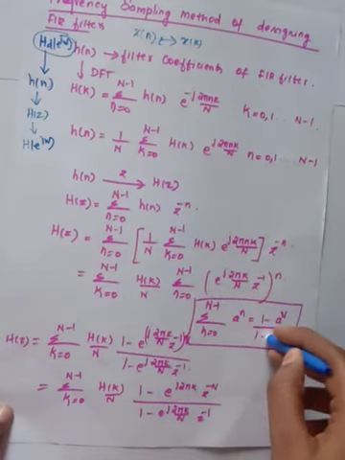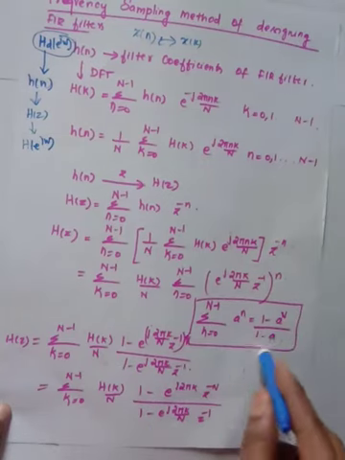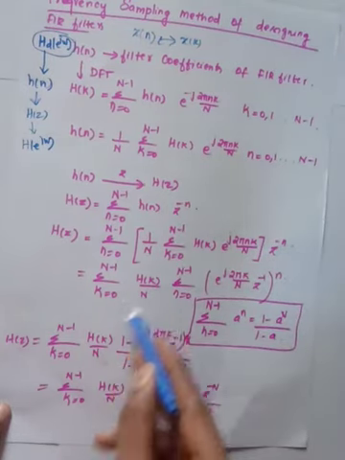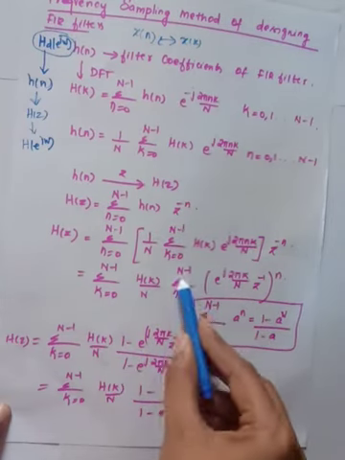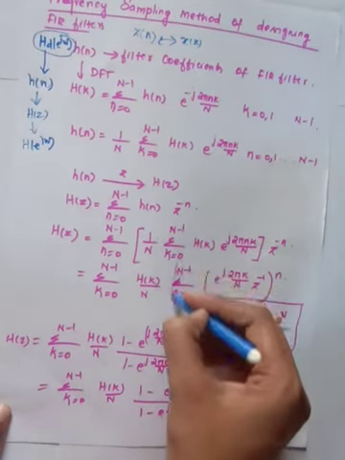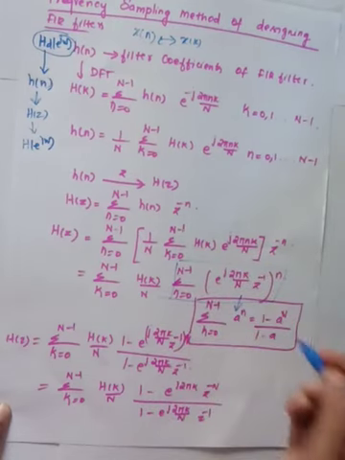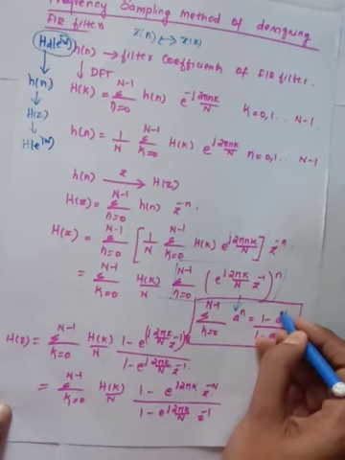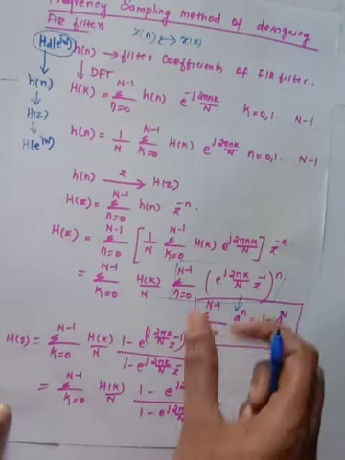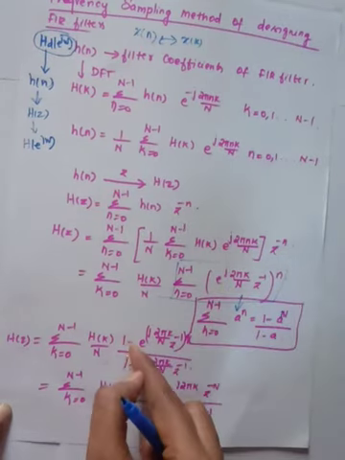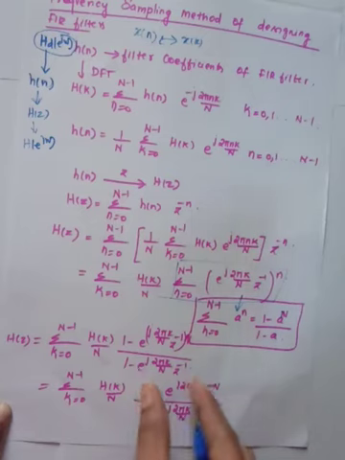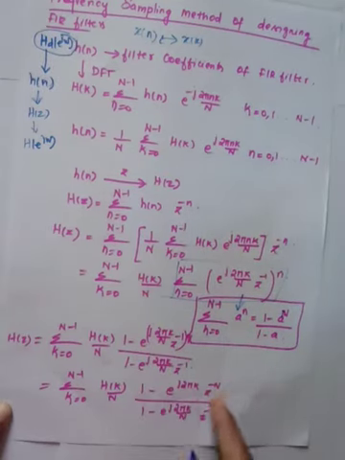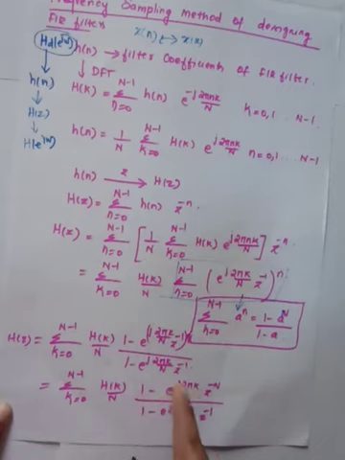We are already familiar with this formula, right? Applying this formula, this term is taken outside. What I will get is 1 minus a power capital N divided by 1 minus a. Here a is this term. So I am getting 1 minus a power n divided by 1 minus a. Now I am multiplying with this, so it becomes 1 minus e power j 2 pi k z power minus n, divided by 1 minus e power j 2 pi k by n z power minus 1.